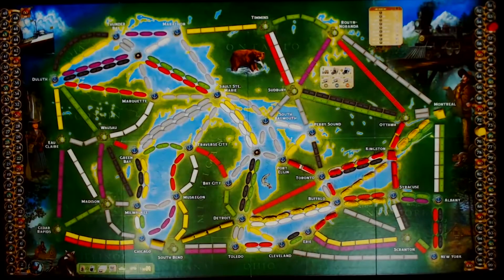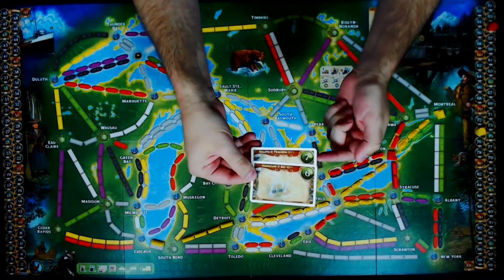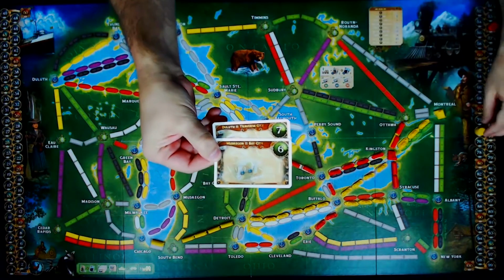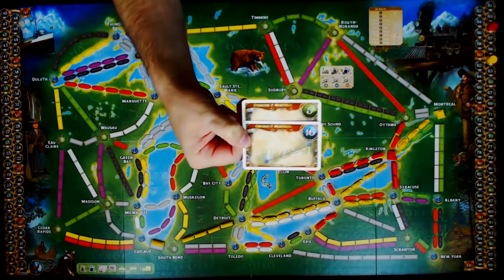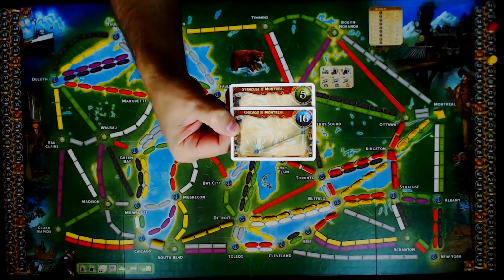The game will end when 1 player has 6 or fewer remaining ship or train tokens total. At that point, each player will look at their accumulated ticket cards, and for ticket cards that they did not complete, they will lose points. So here we have 6 plus 7 is 13, so yellow is going to lose 13 points and go back to 61. Complete. Here we have Syracuse to Montreal and Chicago to Montreal, which are worth 5 and 16 points